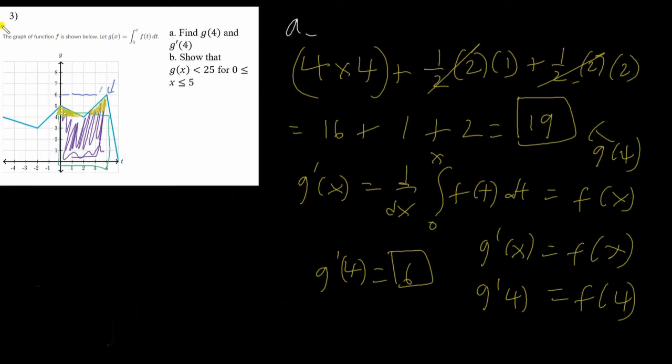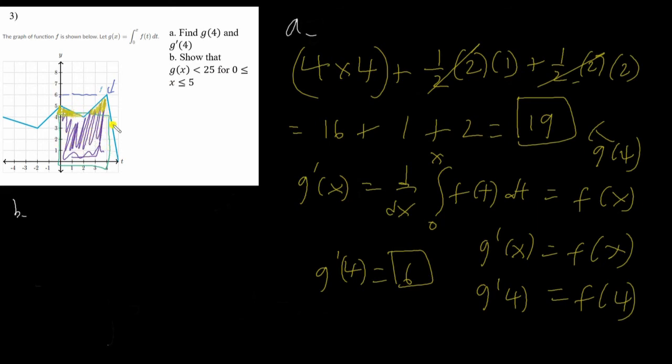Okay, now let's look at part B. Part B says, show that g of x is less than 25 for 0 is less than x is less than 5, or less than or equal to. So the accumulation function is gathering area, right? So looking at just the positive part of this function, as x increases,